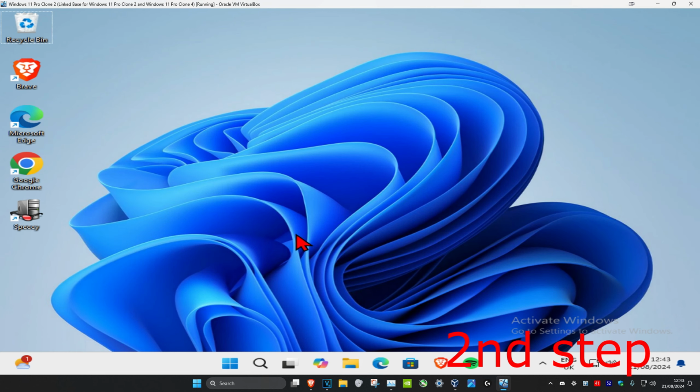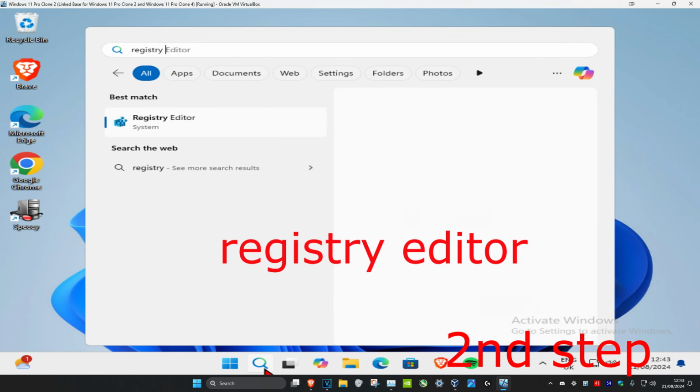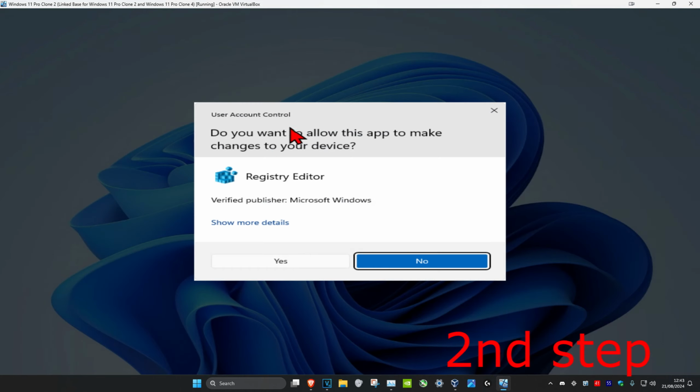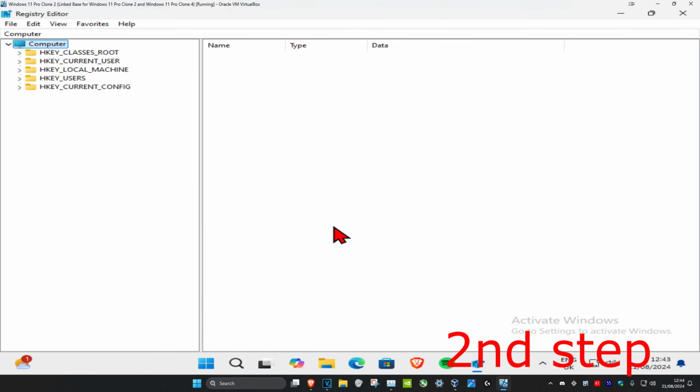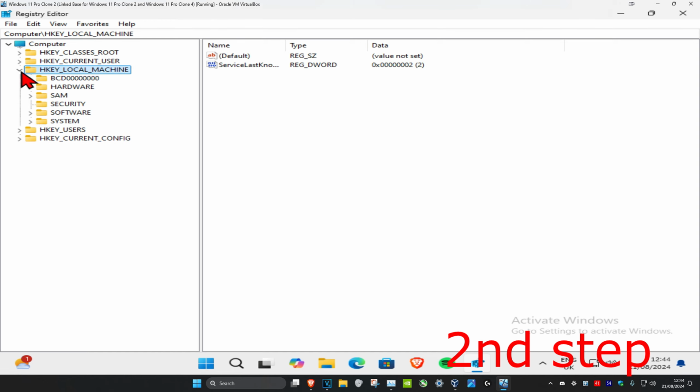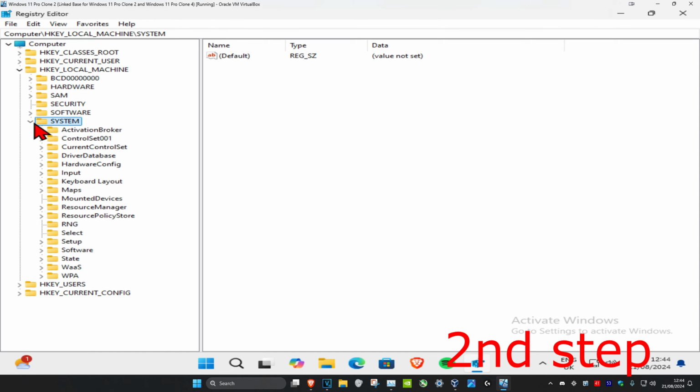Now for the second step, you're going to head over to search and type in registry editor. Click on it. And then click on yes. Now once you're on this, you can follow everything I'm doing up here. So first you want to expand HKEY_LOCAL_MACHINE, and then you want